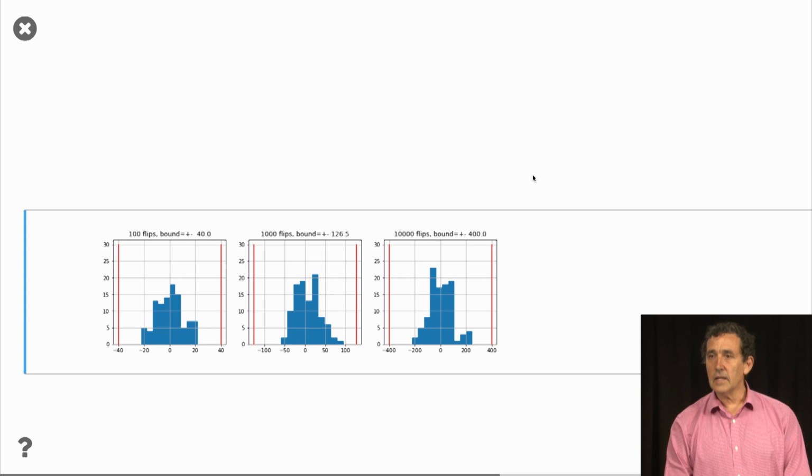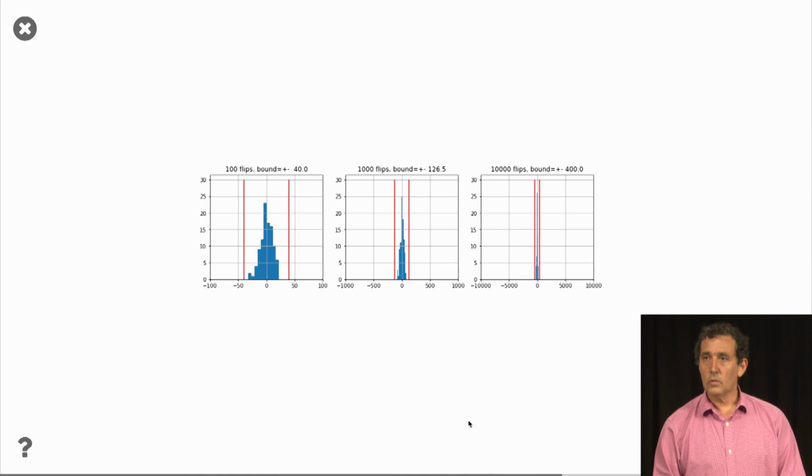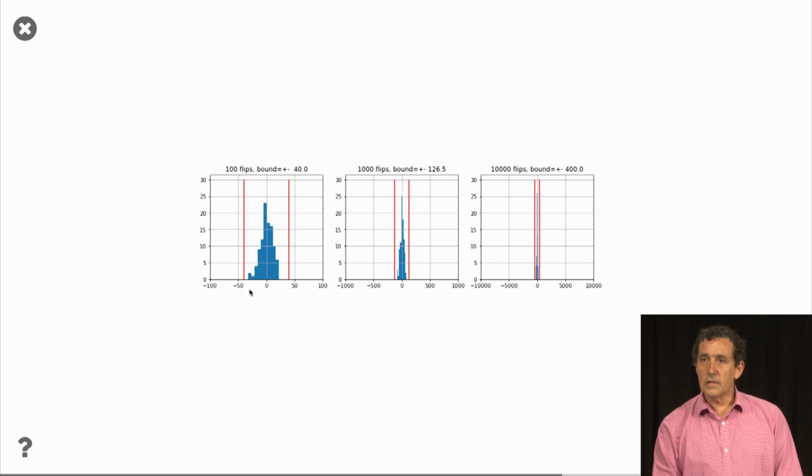If we plot the full scale of these coin flips, what we see is the following. We see something like this. So when we plot the whole scale from minus 100 to 100 for 100 coins, and from minus 10,000 to 10,000 for 10,000 coins, then we see that the distribution becomes more and more concentrated around 0 relative to this scale. Okay? So if I run it again,